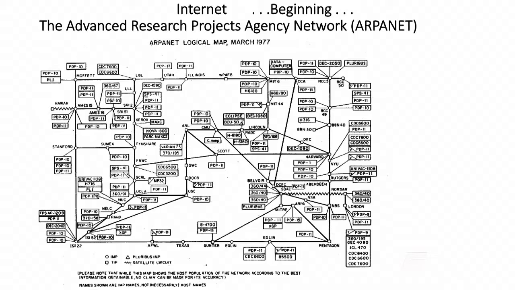So here, this is what it is in 1977. This is the beginning of the internet. And at that time, it's called the ARPANET. And I believe this is a network of connecting computers together. And these computers, most of them are computers in our military bases in the world.